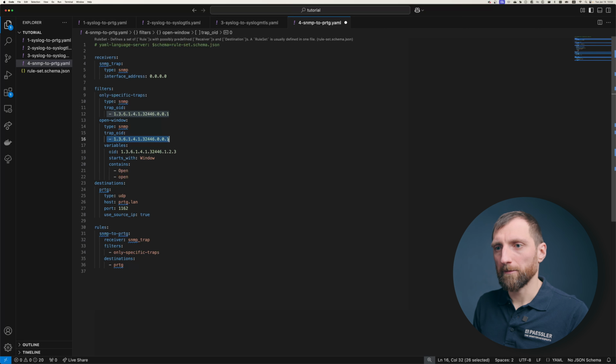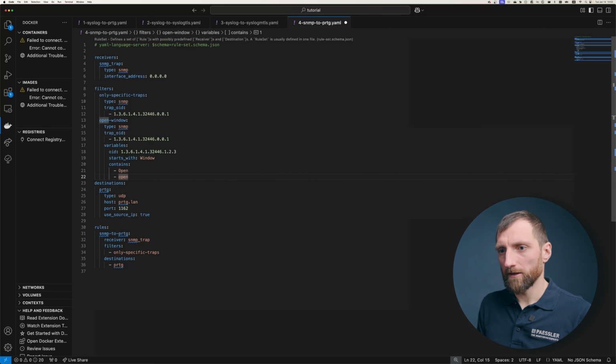Again, the same trap, but this time we look inside the trap at a specific variable OID, and it should be starting with window, and if it's either capital Open or lowercase open, this trap will be forwarded. Because I want to differentiate right now